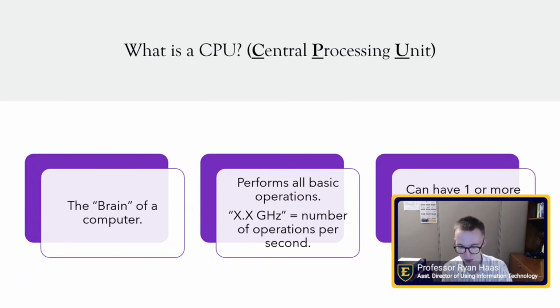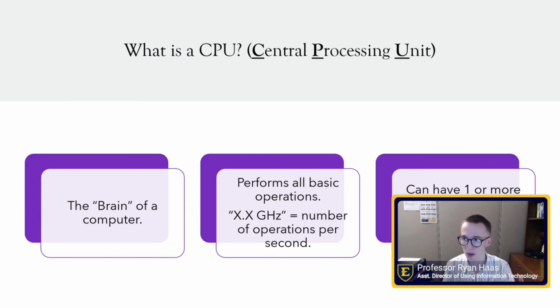The other factor we have to consider is this one I have in the middle here, and this is how we measure how many instructions are completed per second. This is called clock speed. So if you've taken a physics class, you may remember the measure of hertz when you're talking about waves. Well, in computing, hertz represents one instruction cycle, one operation. We measure modern CPU speeds on the order of gigahertz.